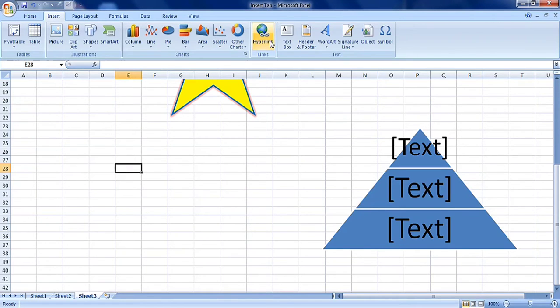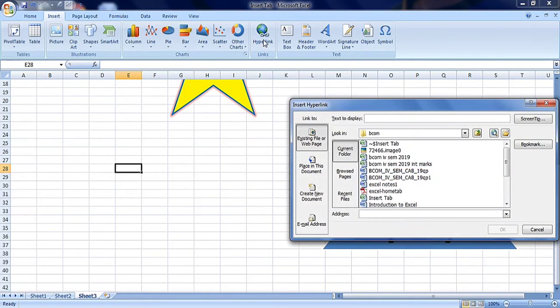Then click the hyperlink button. Under text to display, type the text which should appear as the hyperlink, or simply link text. Here I will type click here, then select the file to link. You can select any type of file.